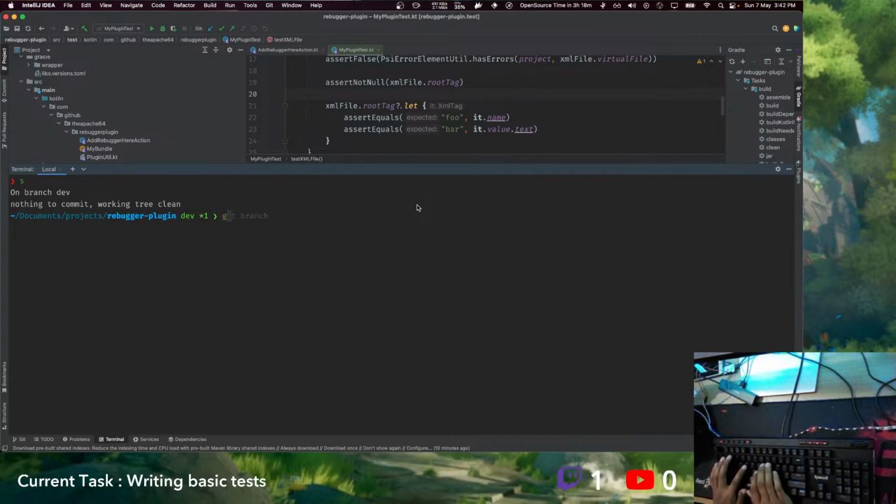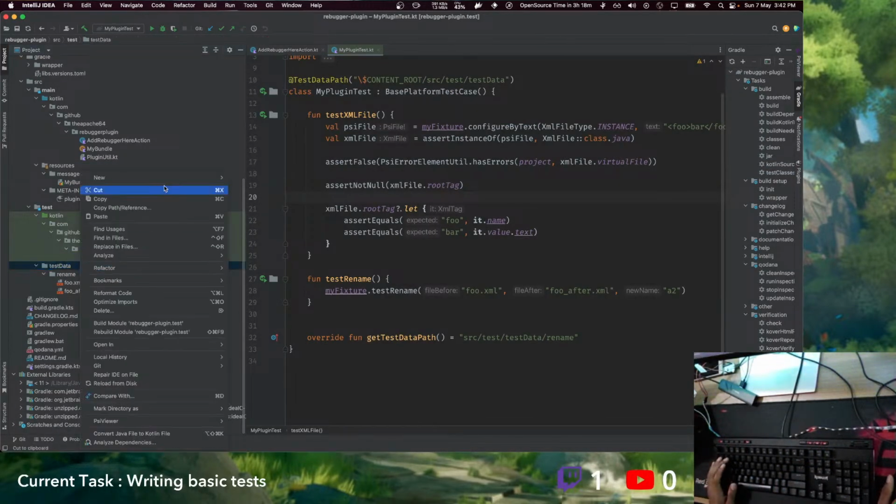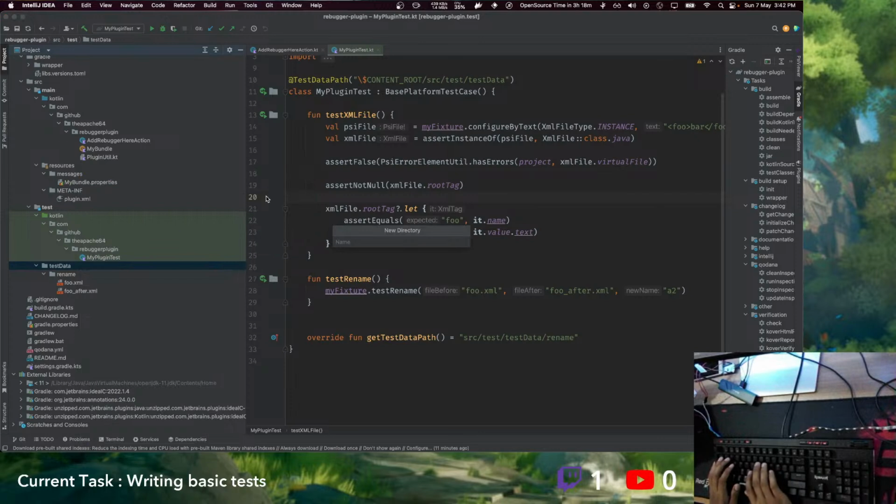We need to get the test here. No, we will get the sample first. We'll create test data basic. Yeah, that's all basic,